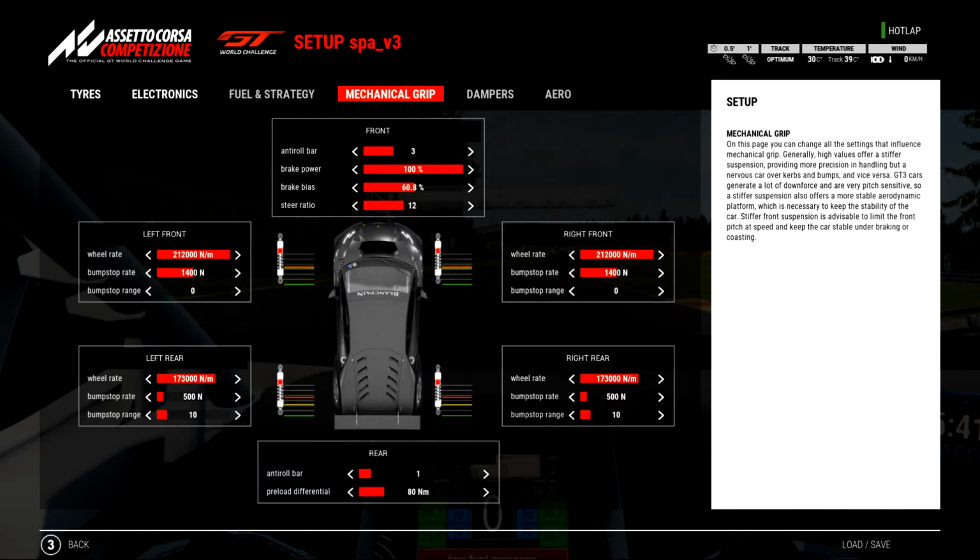It seemed to help me out quite a bit. Anti-roll bar on the back up to 1, and this was the biggest change for me. I think on the safe setup it starts you off at 170 newton meters for the preload diff. Bump that down to 80. On 170 it was just absolutely horrid